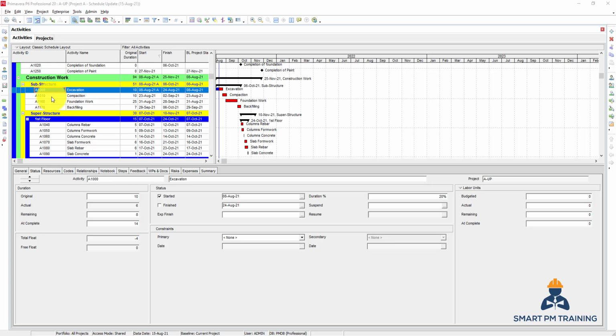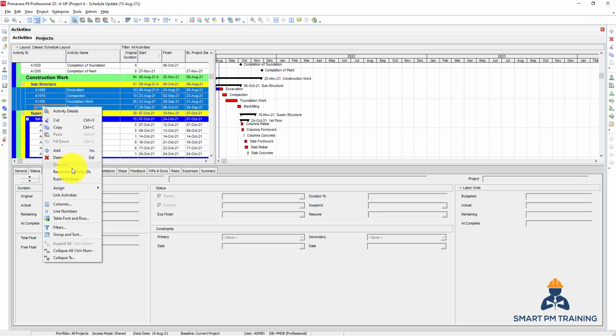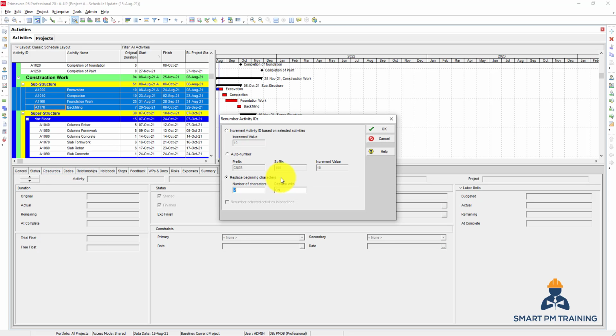So let's say that for each activity under substructure, the first two initials will be CN, short for construction, SB, short for substructure, then 100 for the first activity, and it will be increased by 10 for each activity. To do that, you select all activities, right click, renumber activity IDs. You go to auto number,